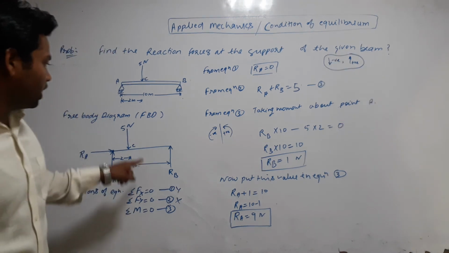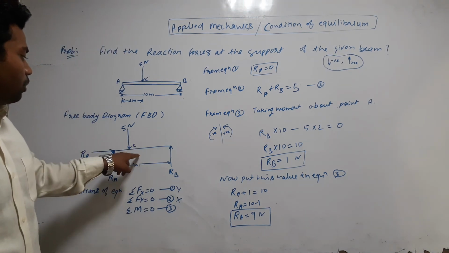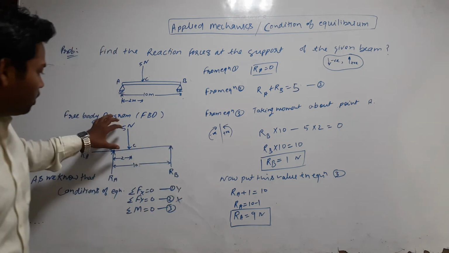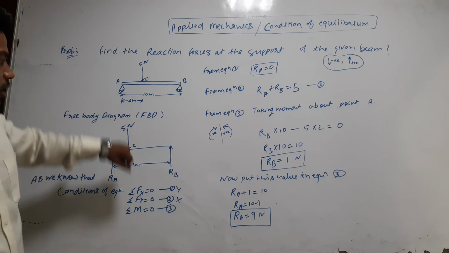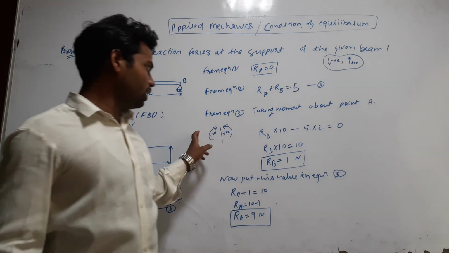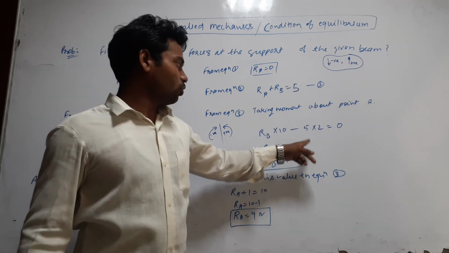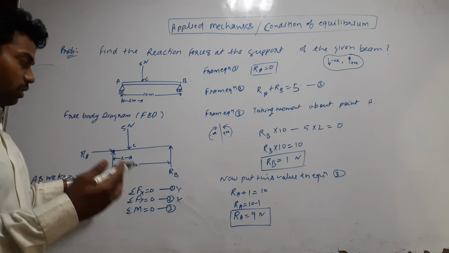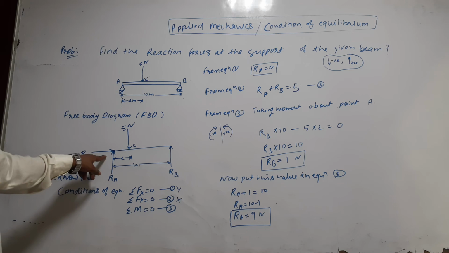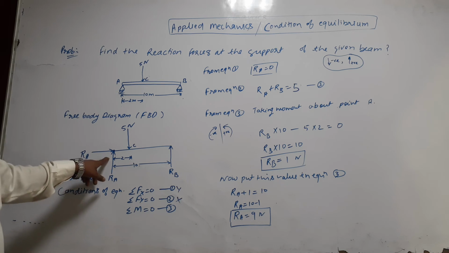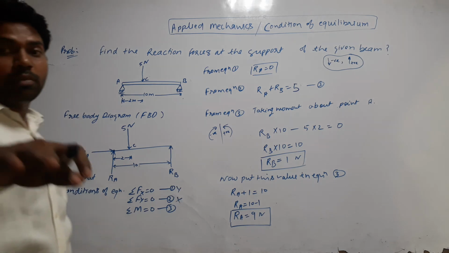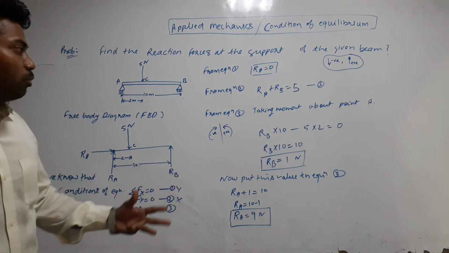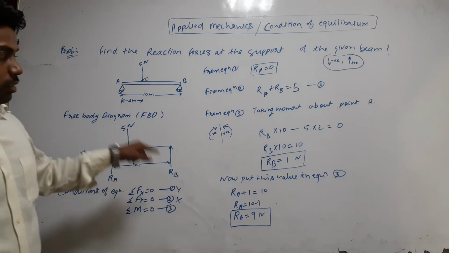Now the next force, 5 Newton. So 5 Newton and perpendicular distance to the point is 2. So 5 into 2. It is trying to rotate that body in the clockwise direction, so because of that direction, the sign is negative. Now the third force, RA. This force doesn't have any perpendicular distance to this point, so it will create zero moment, because the distance will become zero over there. So basically we will get the moment from these two forces only, as you can see in the diagram.